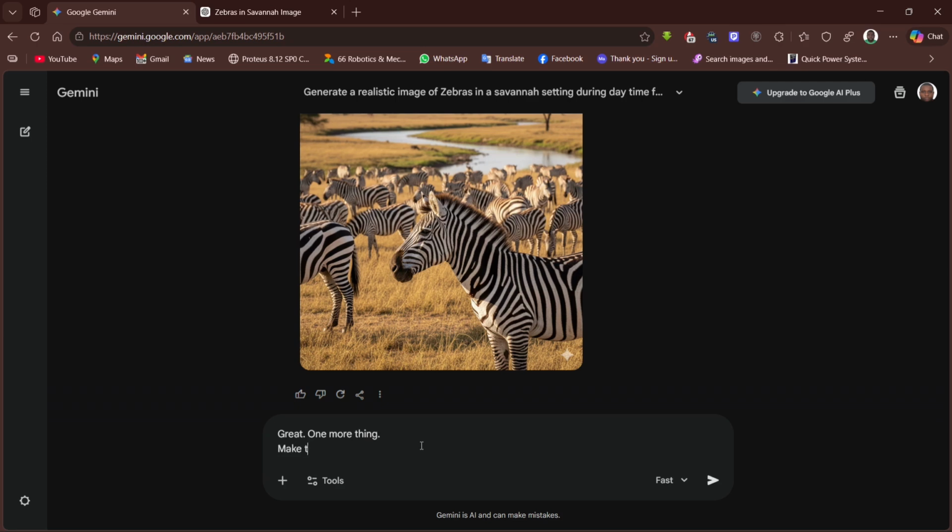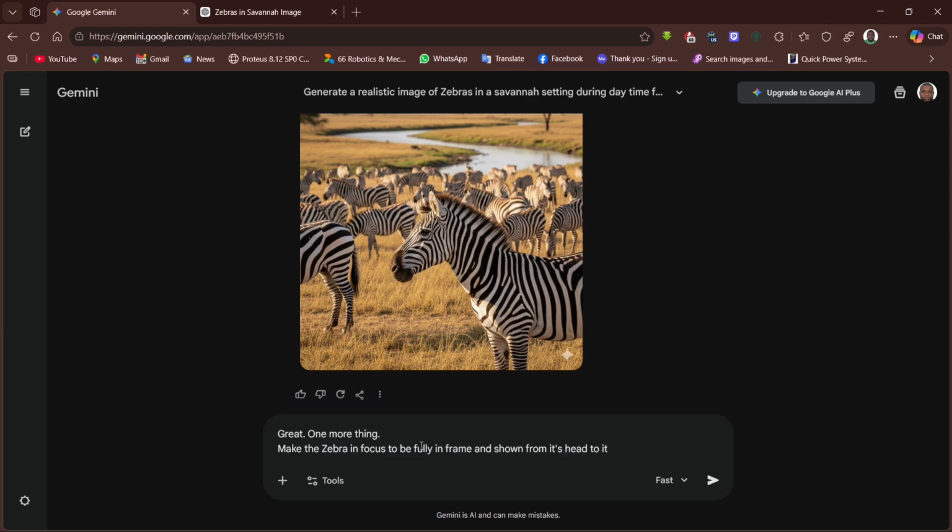So make the zebra in focus to appear to be fully in frame, right? I have to be careful with my language, because if I say appear, it may change to something sci-fi, science fiction. I'm not trying to build something science fiction, right? So make the zebra in focus to be fully in frame and shown from its head